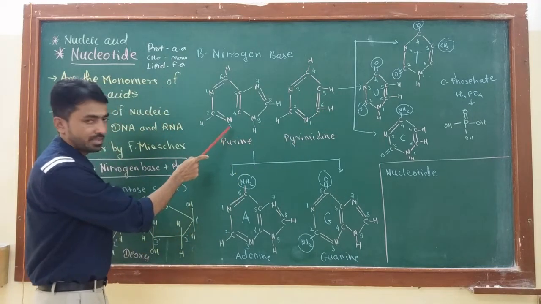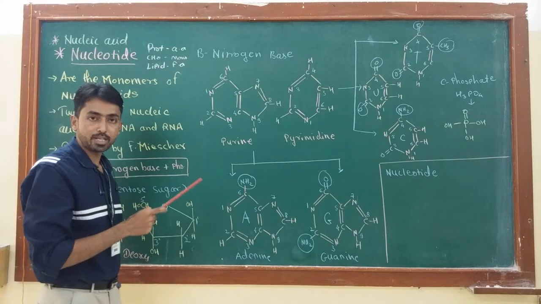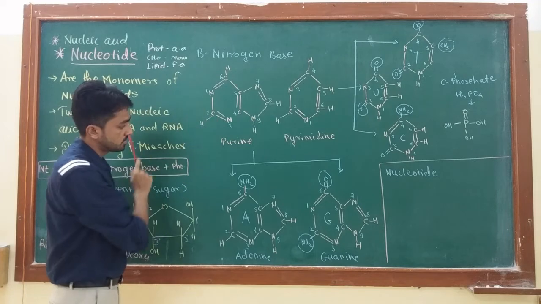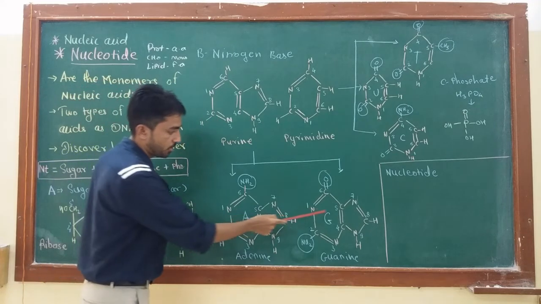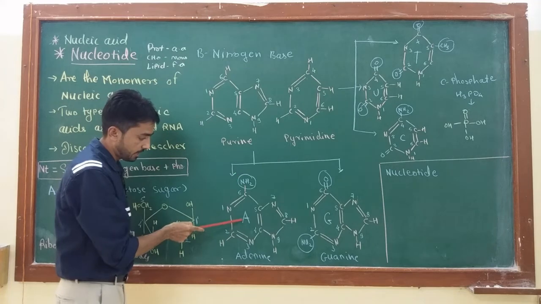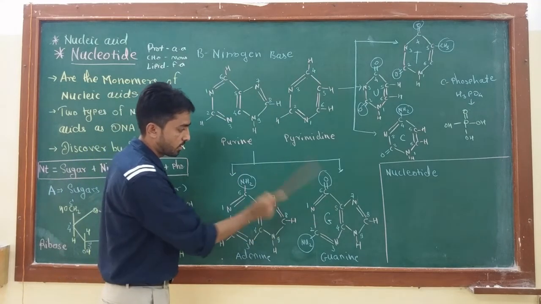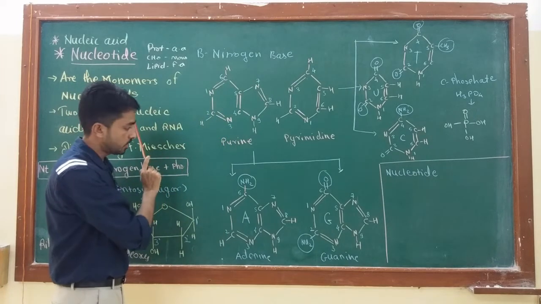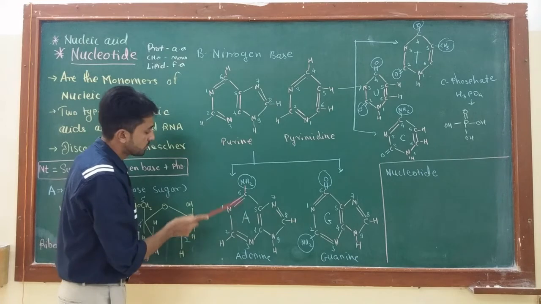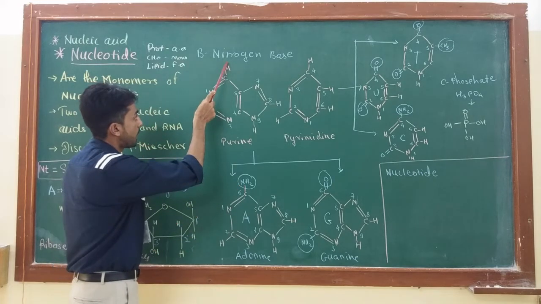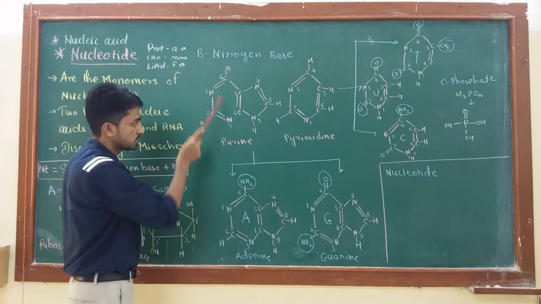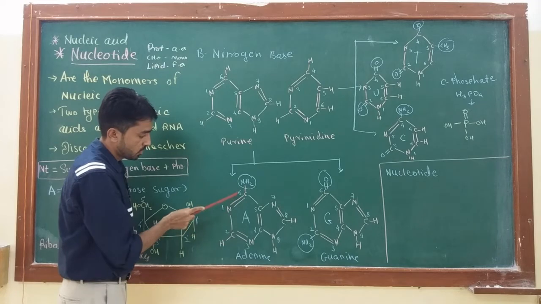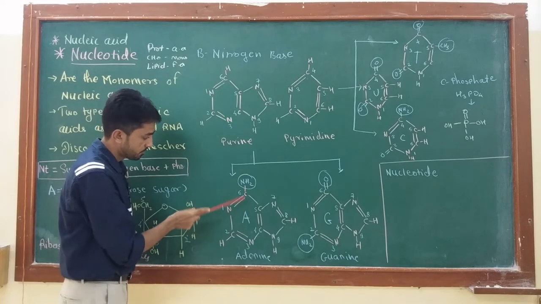Now the purine is a planar structure which is generally water insoluble and has two aromatic rings, and from this basic structure of purines two different types of purine bases are produced. First is adenine, A for adenine, while second is guanine. Both these structures are produced by slight modifications in the purine structure. Here you can see adenine is produced by replacing hydrogen which is present on carbon number 6 of the purine by an amino group. All other structure remains the same. The only difference between this and this structure is carbon number 6.